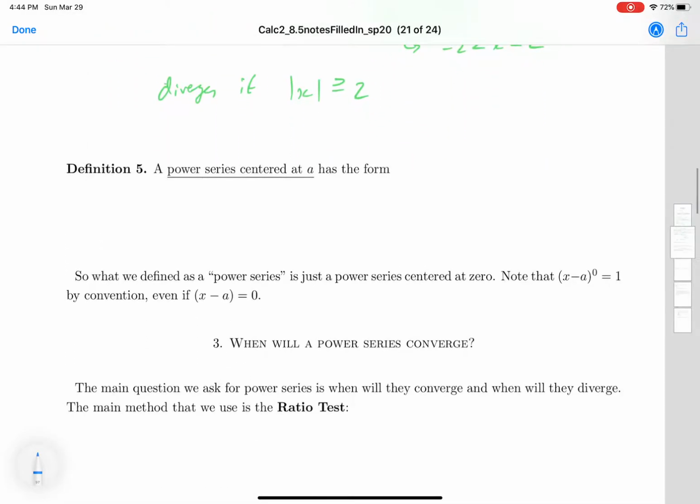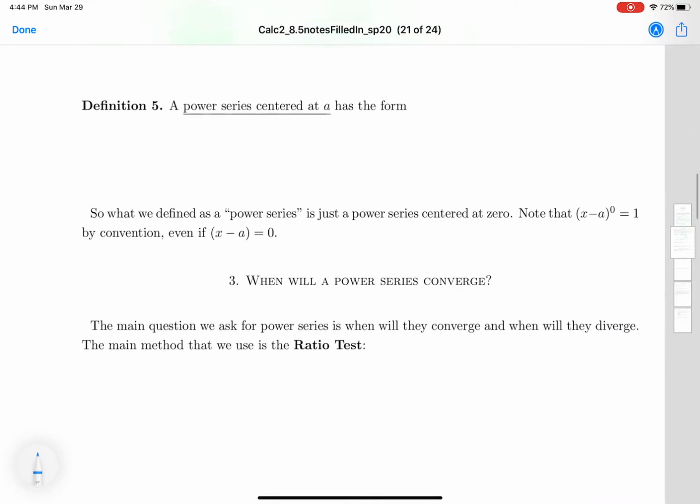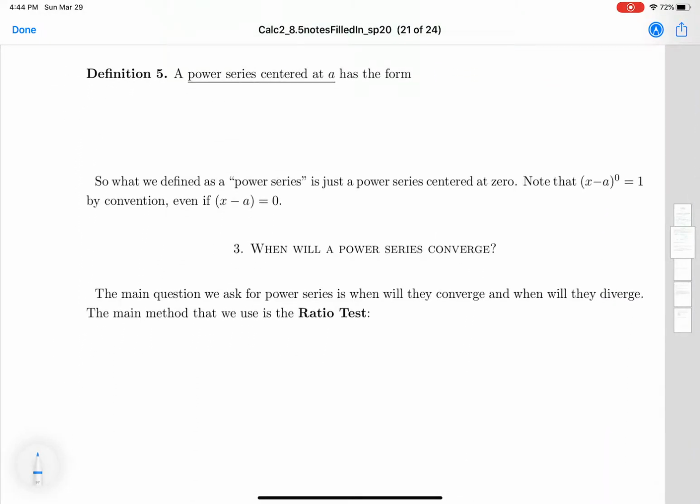All right, so we just gave a brief introduction to power series. And definition 5 is not just a power series, but a power series centered at a. So this will look basically the exact same as what we had before. The only difference is that instead of an x to the n, I've got an x minus a to the n. And we say centered at a because anytime you plug in an x value of a, all of